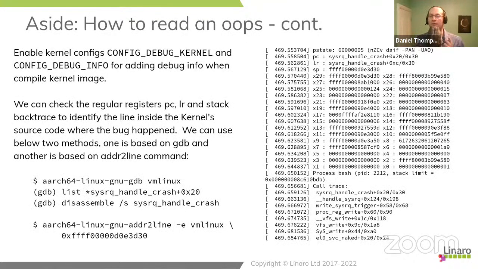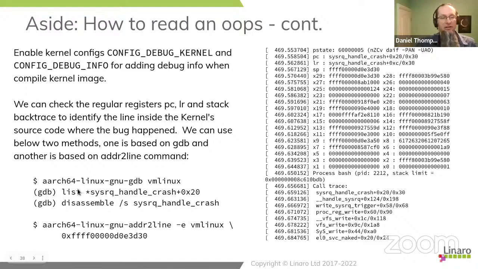Then we get down into things like the register dump and all the offsets into assembler. So here we are in the sysrq handle crash function at 0x20, so 32 bytes past the start of the function. We can do a couple of things. We can use things like GDB on vmlinux, just to use it as a symbol handling tool, so we don't have to use GDB as a full debugger. We can just fire it up and use it to study the symbol database. So this particular command line will fire up the debugger, but it will not connect to a target.